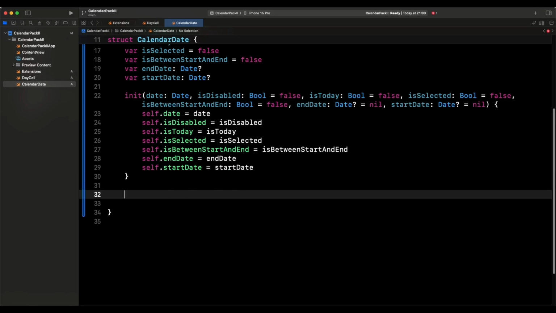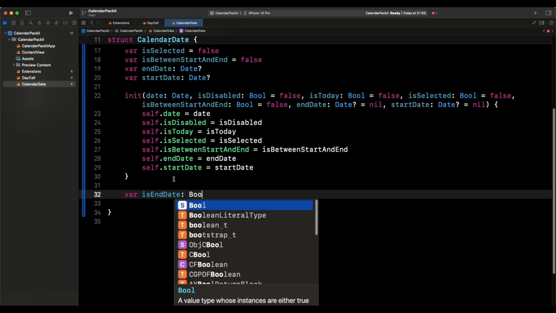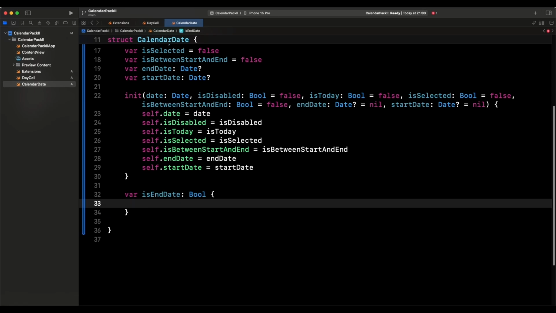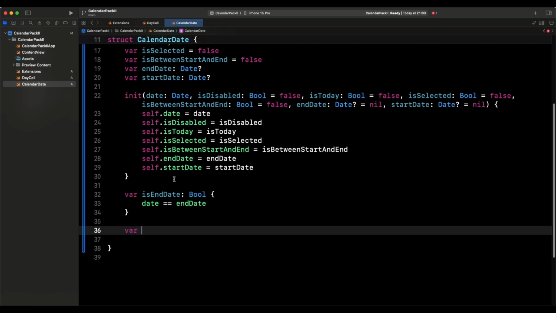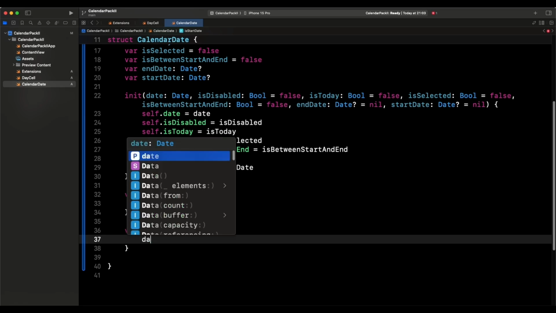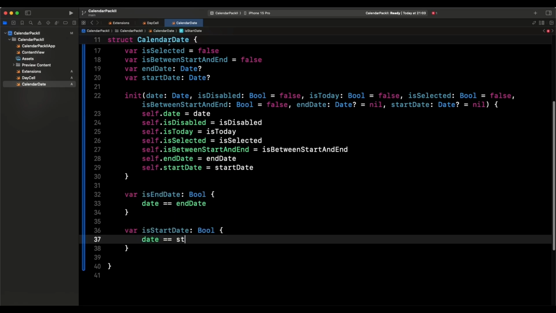And then we're going to check var isEndDate, which is going to be a boolean. And how do we check if it's the end date? We check whether or not the date is the same as the end date, right? Then we say var isStartDate. And how do we know that it's a start date? This is going to be a boolean, right? We check whether the date is the start date, right? And then after that, we come